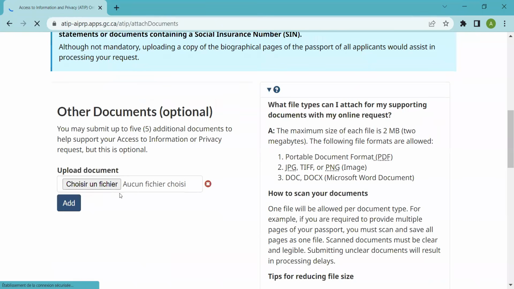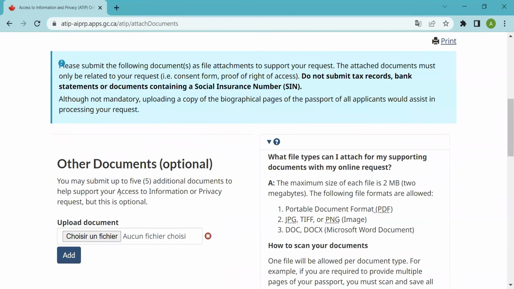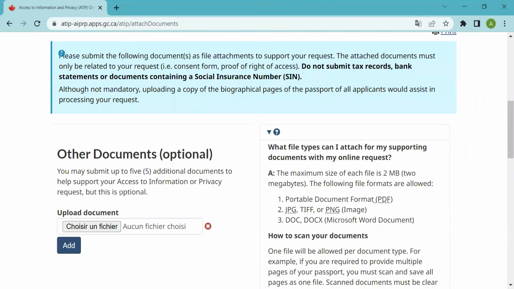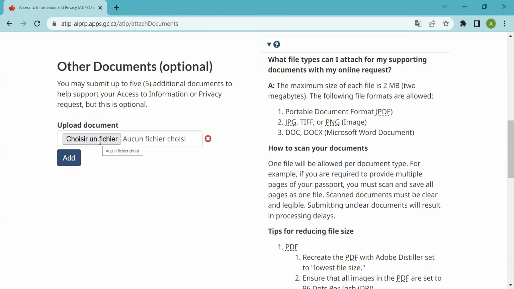Now here we are at the section where you have to prove who you are. It is very, very useful to upload. What I suggest is you upload a copy of your passport, so that will show your identity. And also I suggest you upload a copy of the submission confirmation letter for the application itself that you're asking for, so it will show your work permit application or study permit application if that was a study permit.